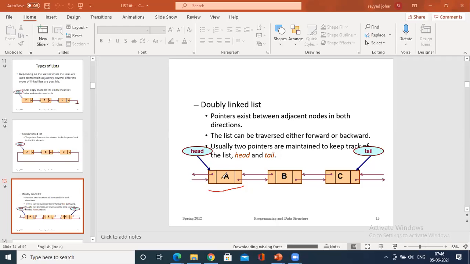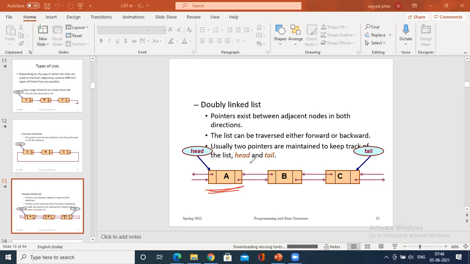Now coming to the concept of what is a doubly linked list. This is called the head. Head means it is the first node. Similarly, if I specify this as the tail, this is called the last node. Then what is this? The left side and right side both hold the address or a pointer to another node. Pointer to another node means it holds the address of one of the nodes. The connectivity from node to node always depends upon the address in the second compartment.